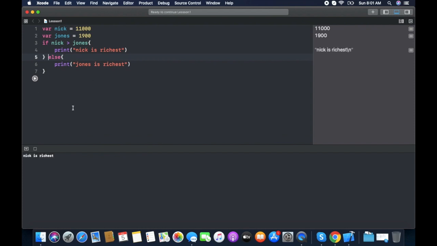You can see now Nick is richest. If we make it with the large with 1000,